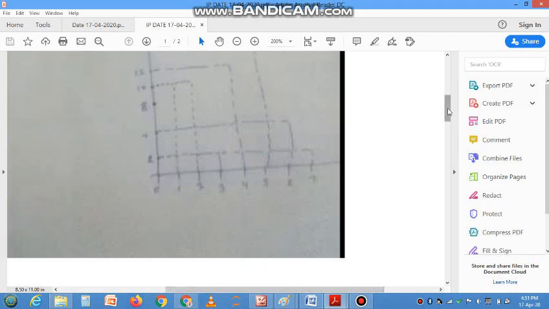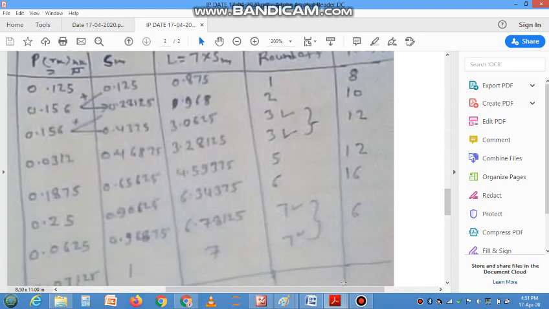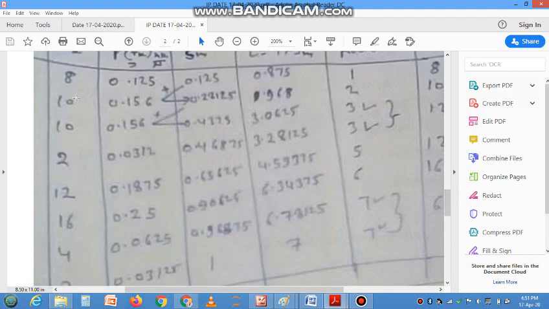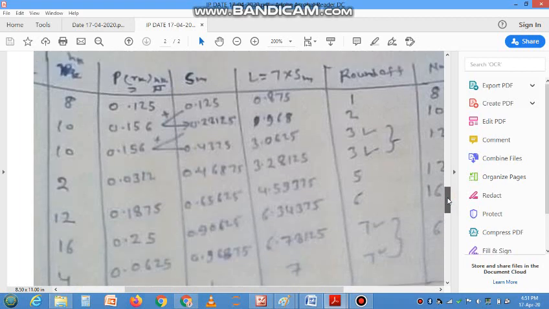So what is the process for histogram equalization? What we do, this is the table. Here we write the gray level. This is gray level 0, this is 1, this is 2, this is 3, this is 4, this is 5, this is 6, and this is gray level 7. So in the first column we mention the gray level, and in the second column we mention the number of pixels, nk, at each gray level.